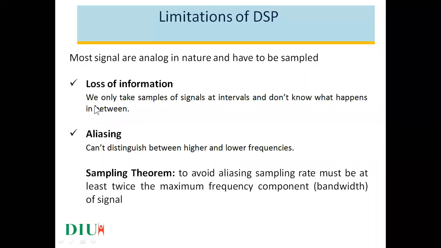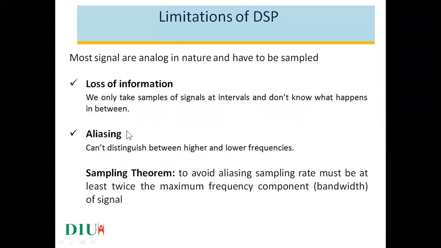How is the loss of information going to take place in the conversion? When we start discretizing our analog signal, we take only a few samples at different intervals, and the remaining samples we may skip out. Those samples which are left out may carry some important information. Therefore it is necessary that we take the samples in such a way that the data whatever we sample should not be lost.